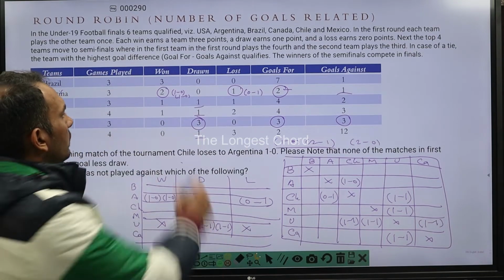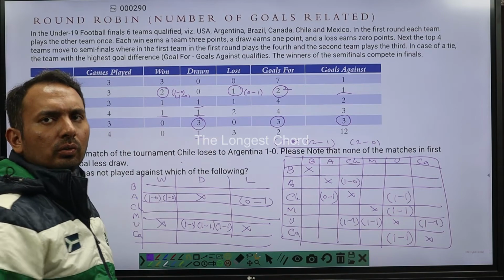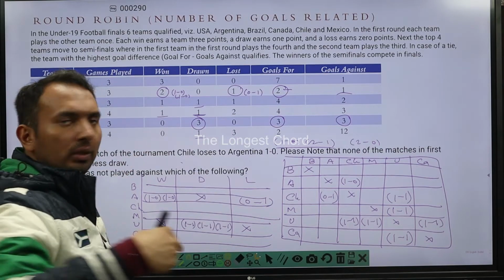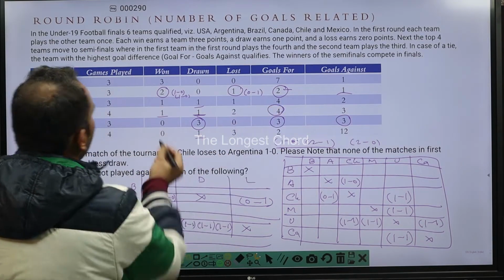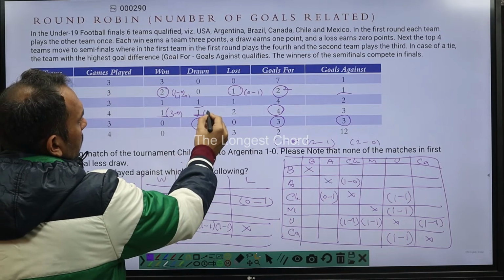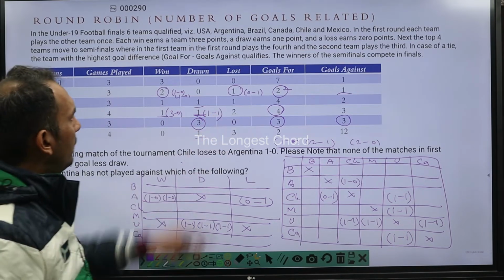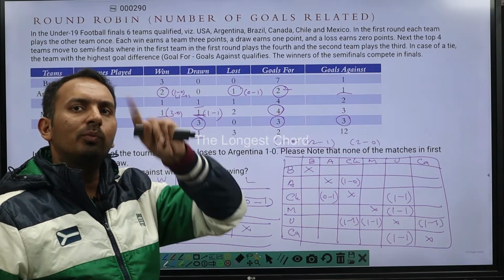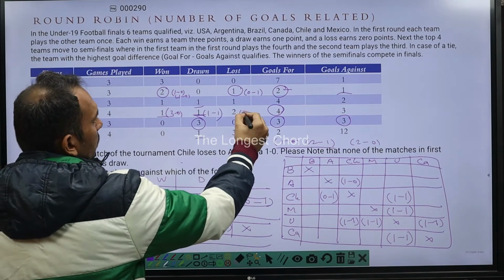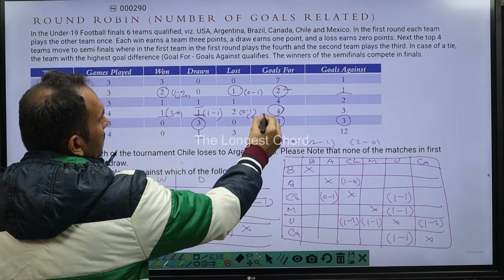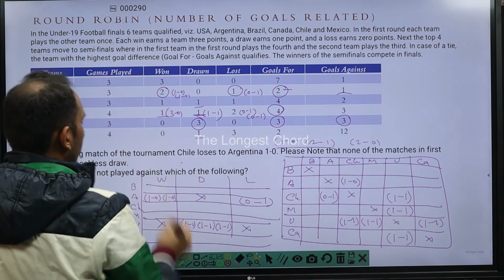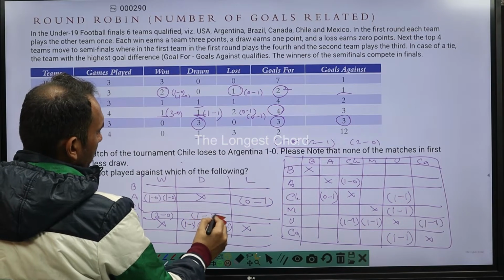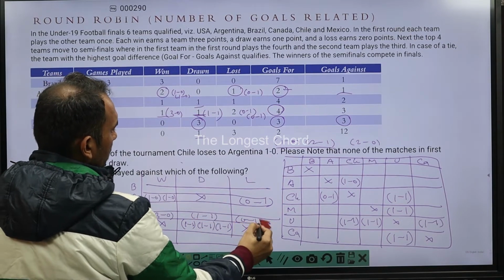Now in Mexico, there is one match won. So the 4 goals, 3 have to go to the win, and there is 1 draw, so 1 goal has to be there. So can we say that it has to be 3-0, and this also has to be 1-1? And there are 2 losses. There are only 2 goals left that are against, and there has to be a minimum difference of 1. So can we say that these 2 losses also have to be 0-1, something like this? So can we say that Mexico is also sorted? So we can have 3-0, 1-1 and 0-1, 0-1.